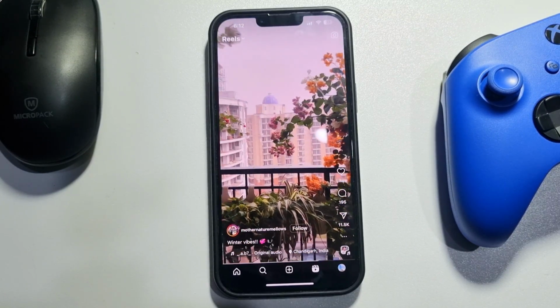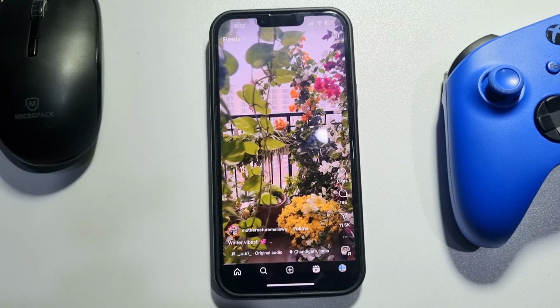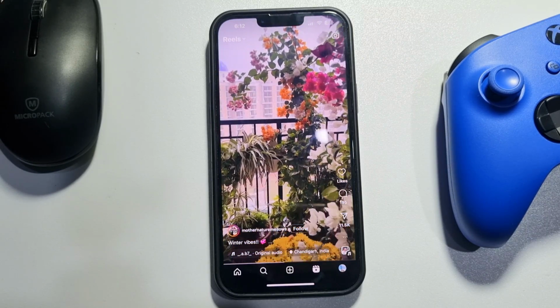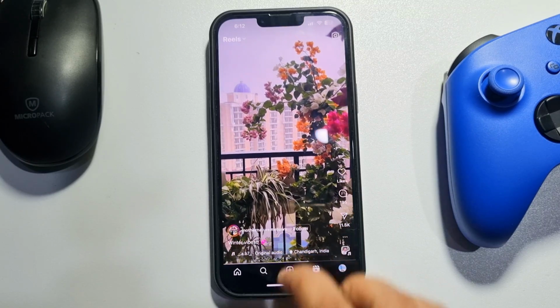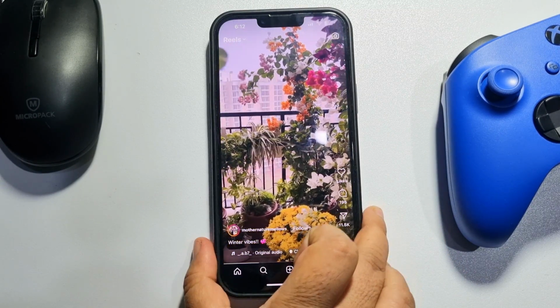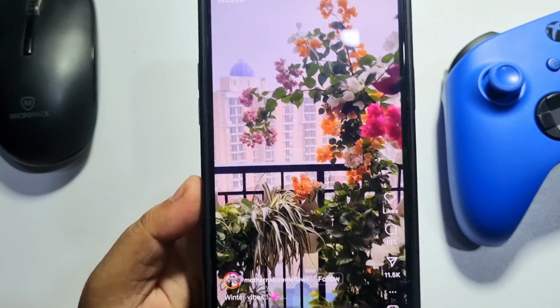This 5-minute solution will show you how to fast forward reels on Instagram. Follow these easy steps to do it. As you can see, I'm watching a reel, and to fast forward this reel, at the bottom of the reel